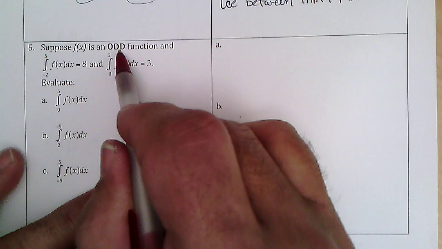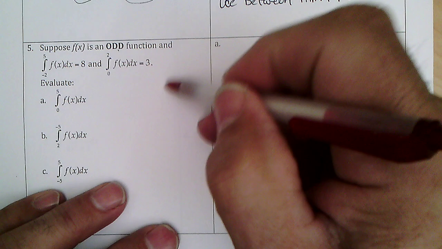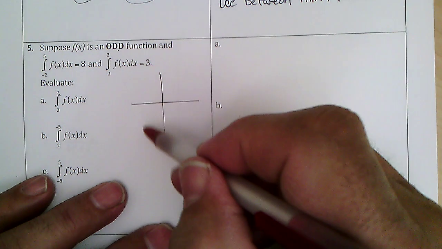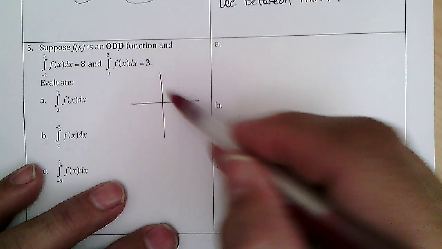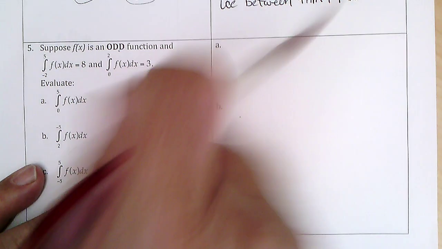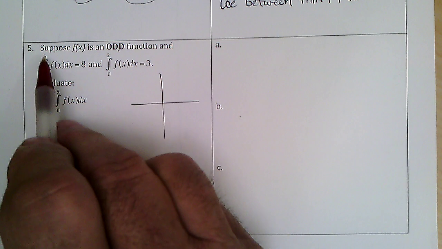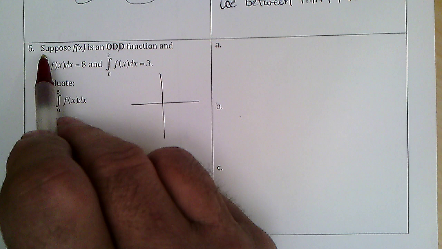Number 5, you need to know the difference between an odd function and an even function. So odd functions are like x to an odd power, so it's one where it does something down here and does the mirror image up there. It's a 180-degree rotation. So the area under this odd function between -2 and 5